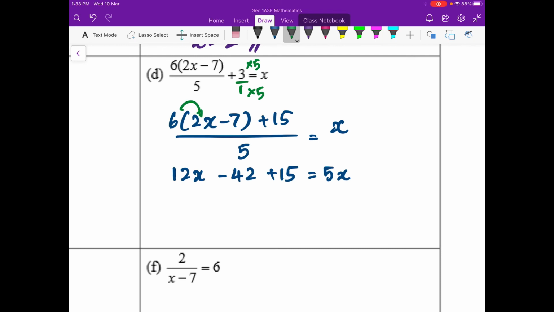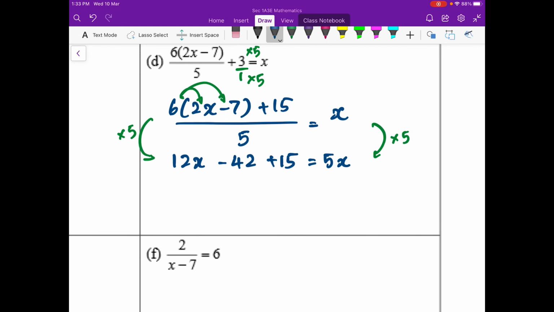I did an expansion and I also multiplied by 5. We always want to leave it in a linear form, in one line, instead of having fractions, because fractions are harder to deal with. So now, we can go through our usual process, group all your items together, subtract 5x